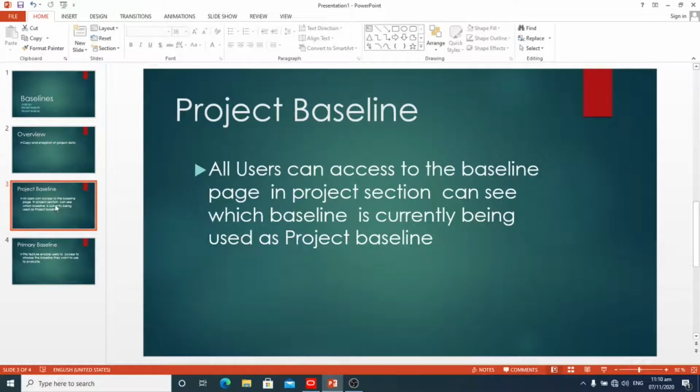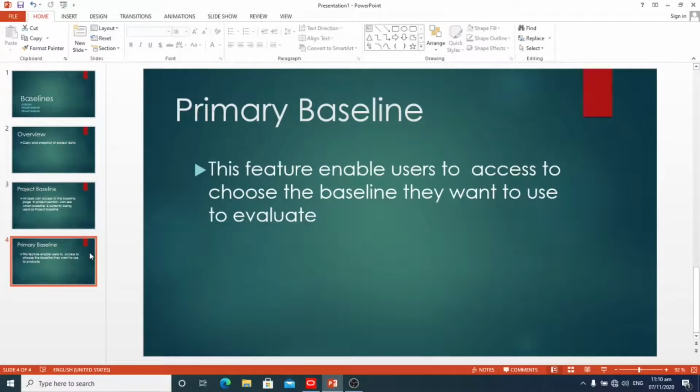So what is the primary baseline? The primary baseline feature enables all the users who have access to the baseline page to choose the baseline they want to use to evaluate the project progress. This flexibility enables you to choose and apply the baseline that best meets your specific needs for the project analysis.